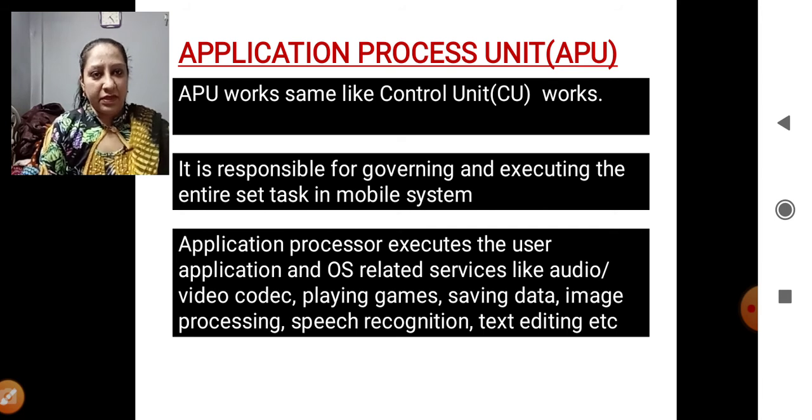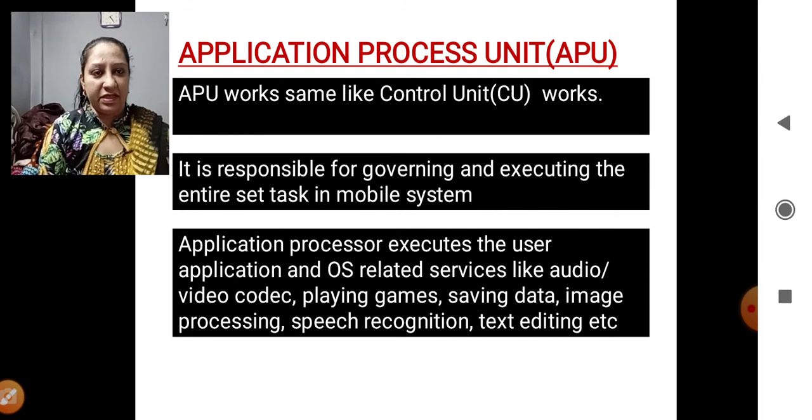If you relate it to our computer CPU, you will understand the mobile operating system very well. The control unit takes charge of all the instructions coming from the user and decides what to do next. The control unit decides who will execute the next instruction.